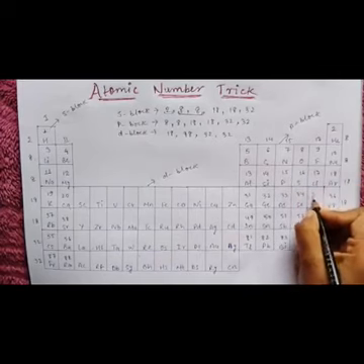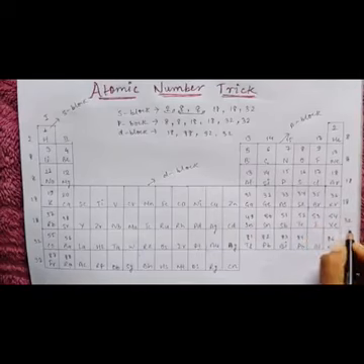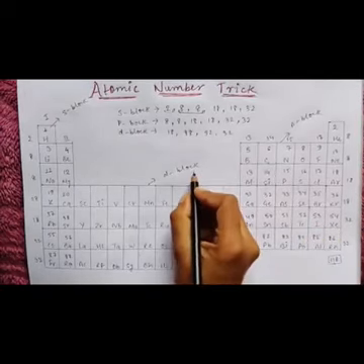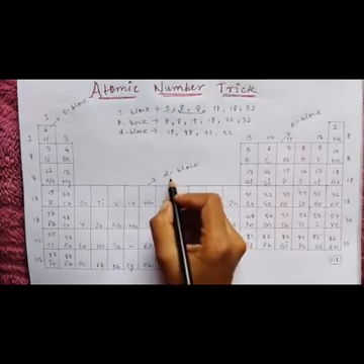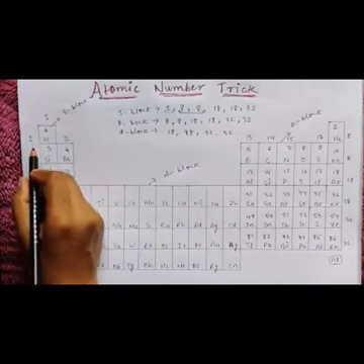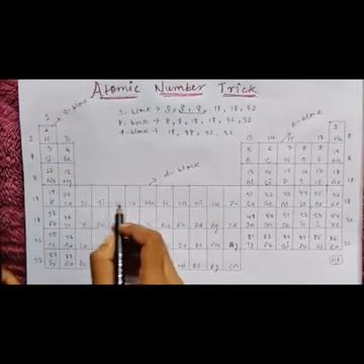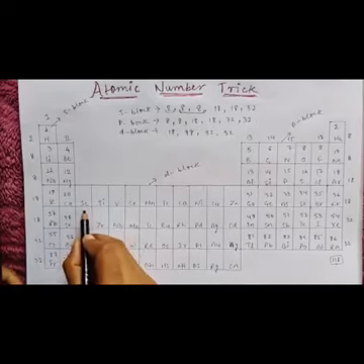Okay, actually the periodic table is classified into 4 blocks: S block, P block, D block and F block. Actually F block మనకి చూపించట్లేదు because the F block is at the bottom of the periodic table, కింద ఉంటుంది F block. Okay, that is second. Now we discuss the D block. So D block elements are known as the transition elements.